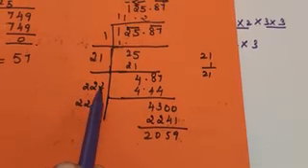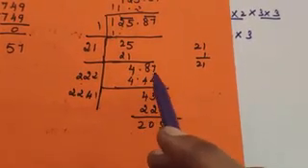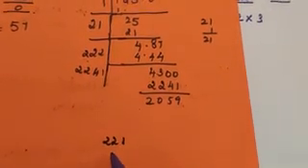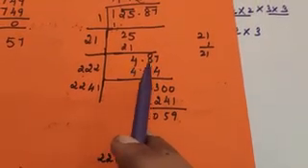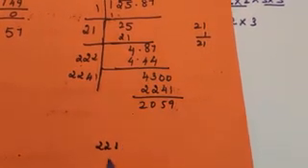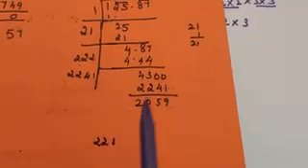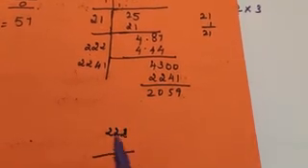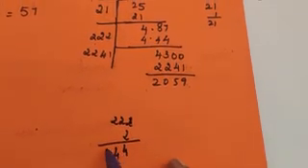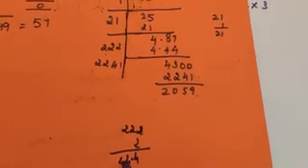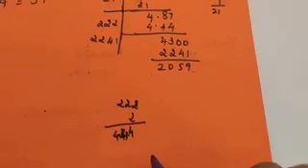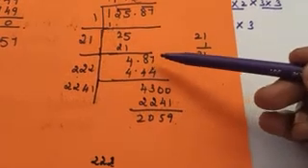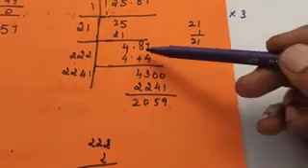With 22, which number multiplies so that you will get 487, that you have to check out. So 22, if you take 1, it is 221 only, but we need 487. So 2 we can take. So if you take 2, 2 2s are 4, 2 2s are 4, again 2 2s are 4. That is 444 you will get. That I wrote here, 444. So 487 minus 444 you will get 43.